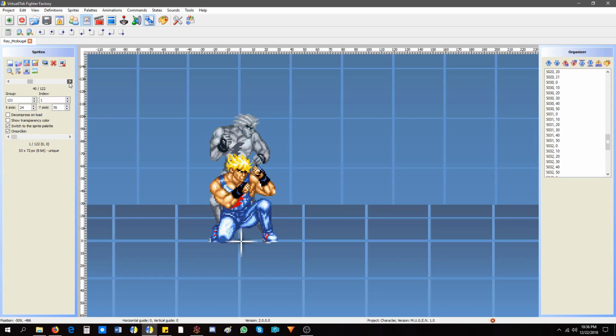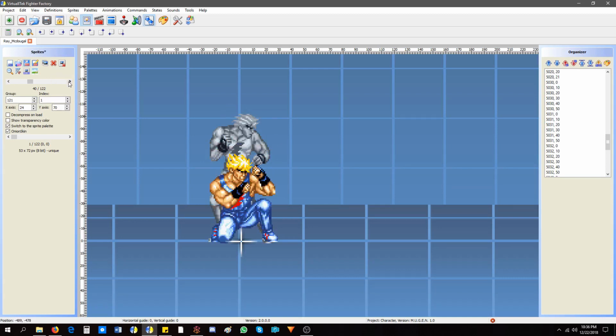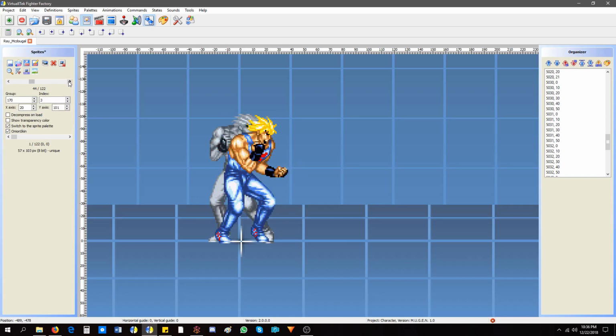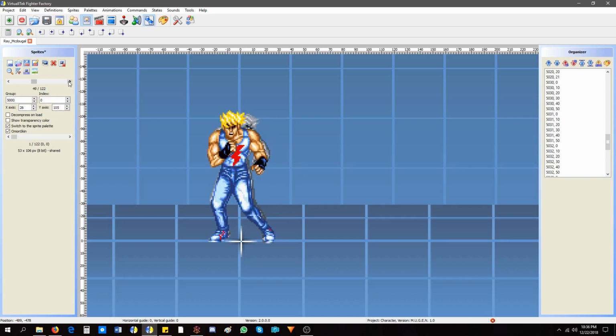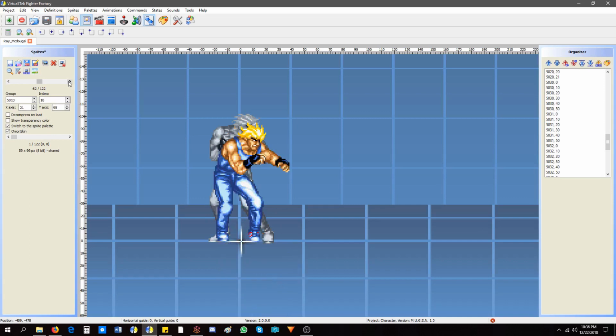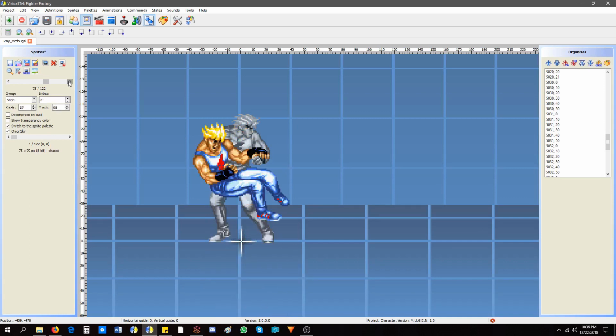Then they have stand guard and crouch guard. I'm going to reuse crouch guard as an air guard as well. All I gotta do is just move it up like this, literally. Let me undo that. Then I have what I assume was his lose pose, but I think this is his intro. Have a win pose, have his standing hurt animations, his midsection hurt animations here, his crouching hurt animations here, his